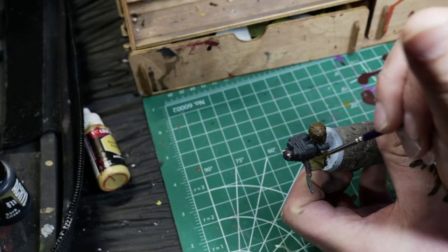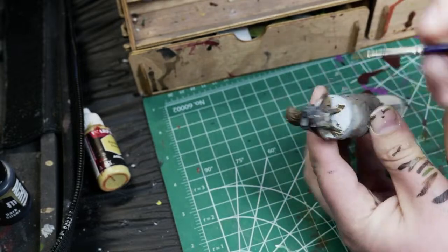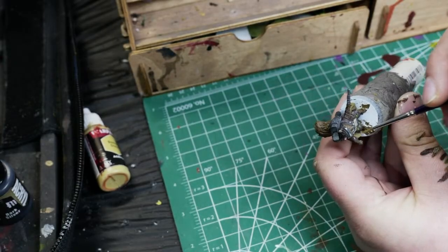You notice I'm flowing with the flow and the texture of the little wing cape thing here. This is just a great way to make sure you fill in all the